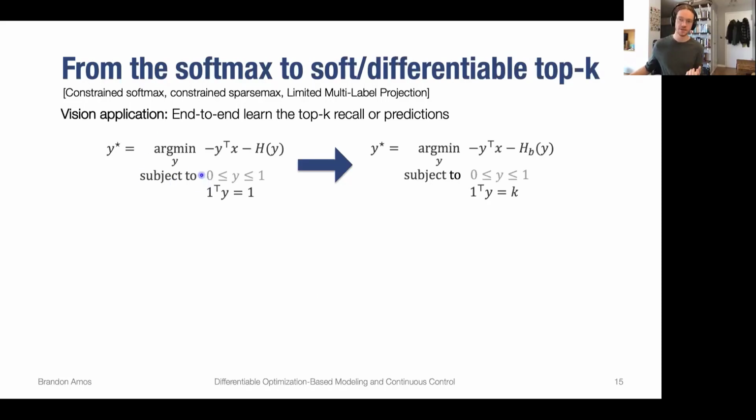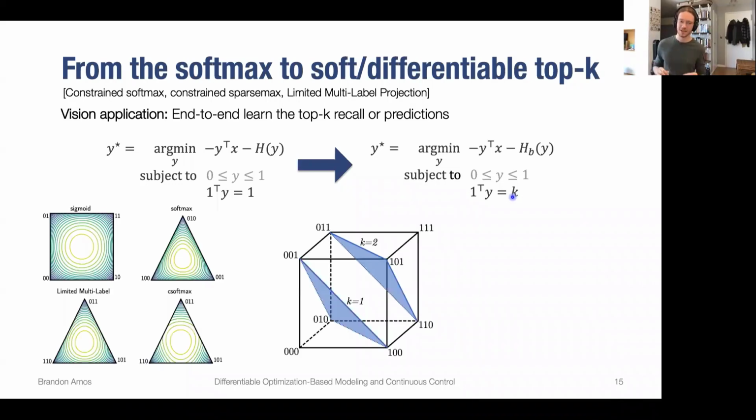And the way you can see this is that if you write out the optimization form for what the softmax is doing, you can interpret this constraint as saying: find the maximum, or the almost maximum. The vertices of the simplex are the maximum indices of whatever you feed into this. And you can imagine generalizing this so that you have a polytope that now has k active elements at each of the vertices, rather than just having a single active element.